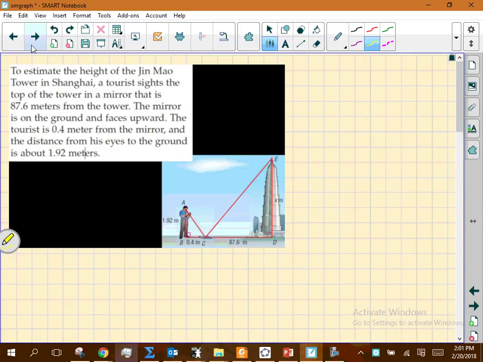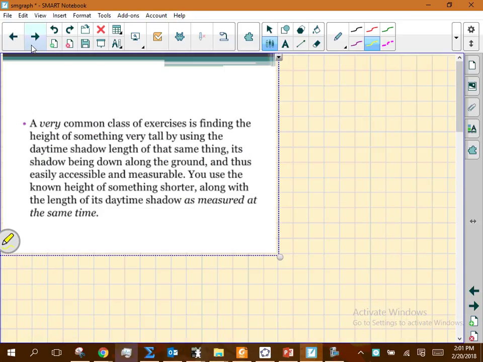Another one that you're going to see is this idea, okay? Using shadows and how one person's shadow or one object's shadow then relates to another object's or another person's shadow. And we can use the fact that we get similar triangles when we draw a picture here to allow us to measure the height or length of a shadow of some object.